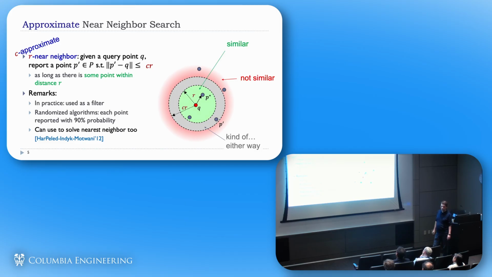Alex, so you somehow need to calibrate what the right r should be, though, right? Yeah, think about this as you build a few such data structures and you try to guess what is the right r. If you took r which is too small, you didn't find anything which is similar to you, you say, well, maybe I should increase r by a factor of 2. So at least it's relatively easy to do this by scaling up with a log of the aspect ratio, if you know some kind of bounds.